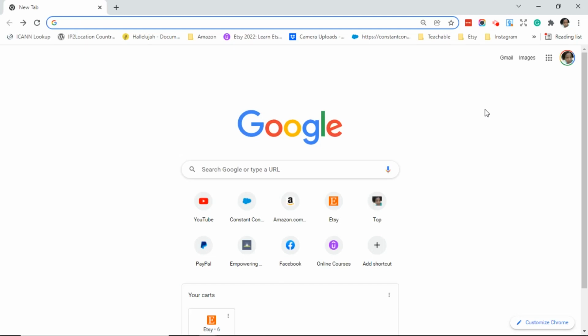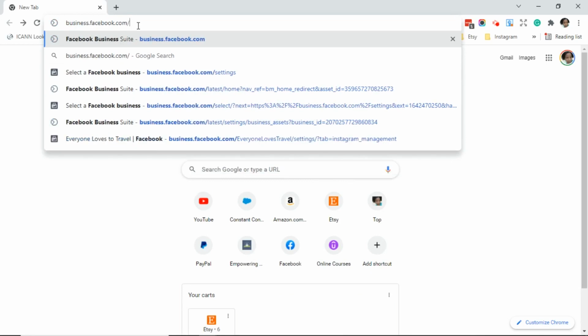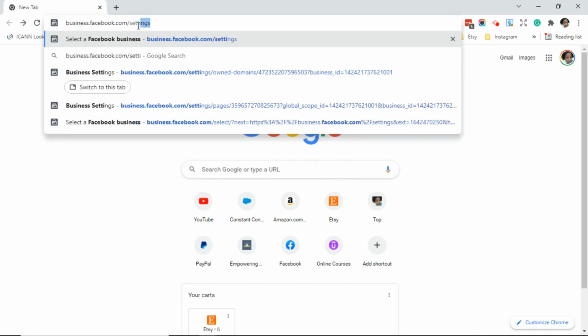In today's video, I'm going to show you how to remove your Facebook business page from the Facebook Business Manager. The first thing you want to do is open up your browser and type business.facebook.com and /settings. And the reason why you want to add settings onto the end of that URL is because